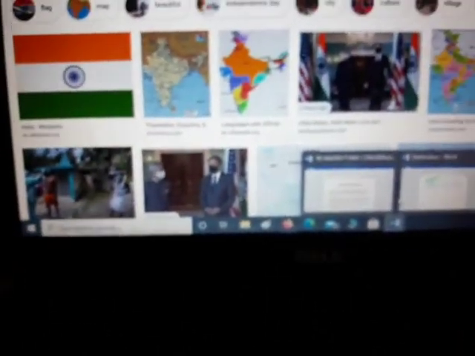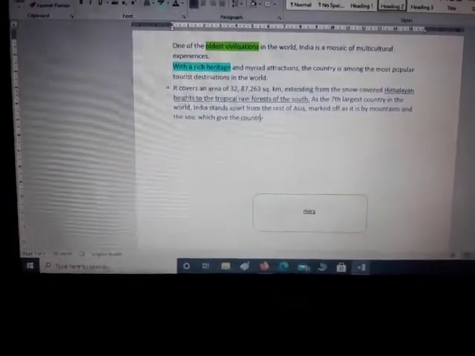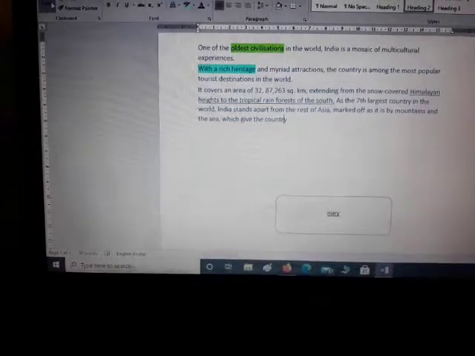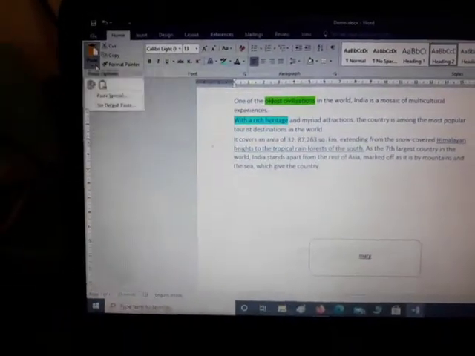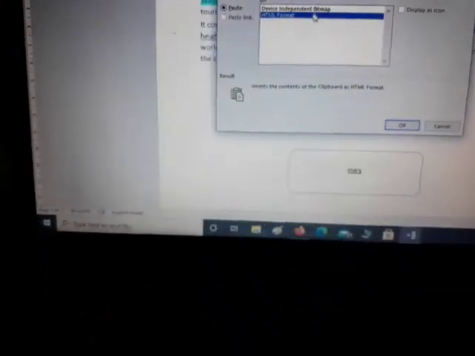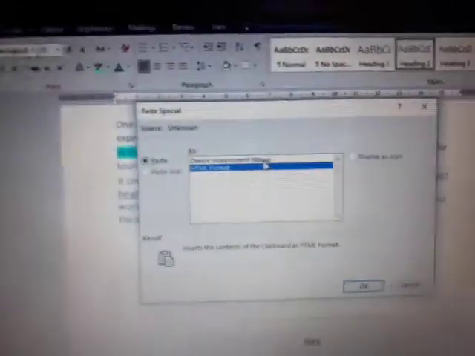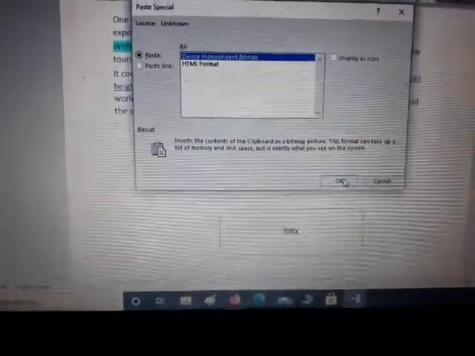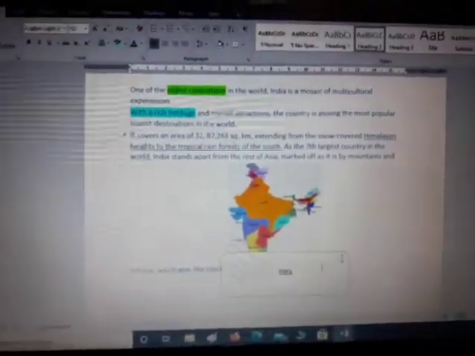Then here we are getting back to our text, and here you can see, so image is not being copied, so paste special, then I'm changing it to bitmap, and then okay. So India map has been inserted here.